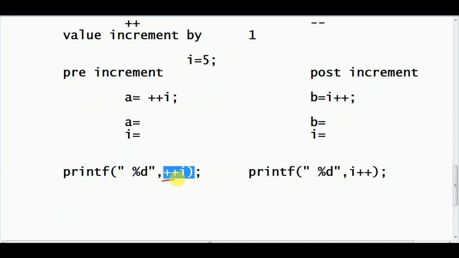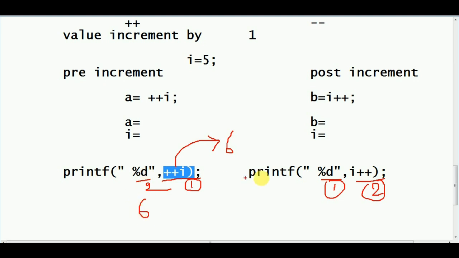Same thing if you print: printf of percent d, plus plus i. This is one expression. Same thing, I have written this side: printf percent d, i plus plus. What is the difference between this one and this one?